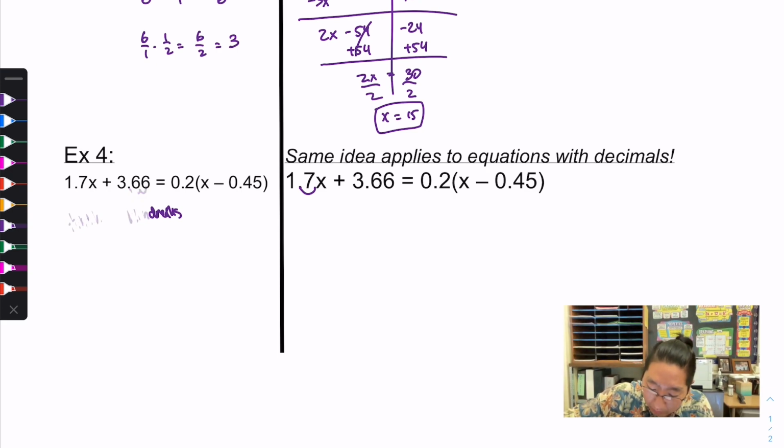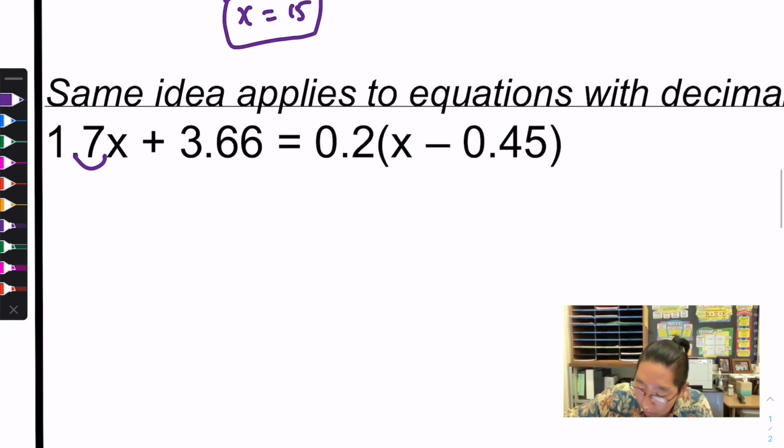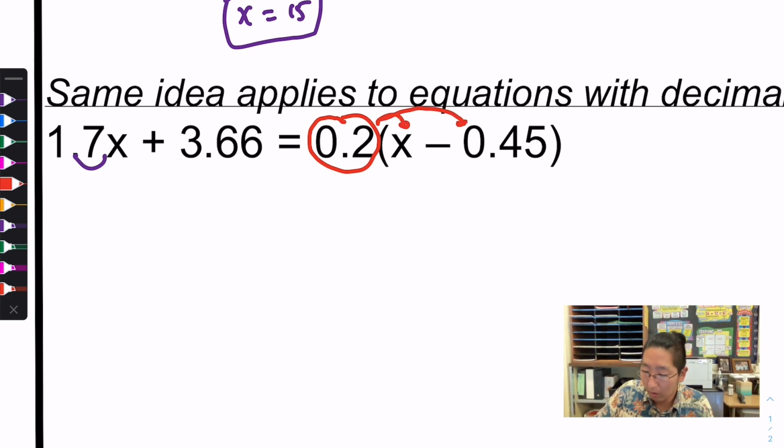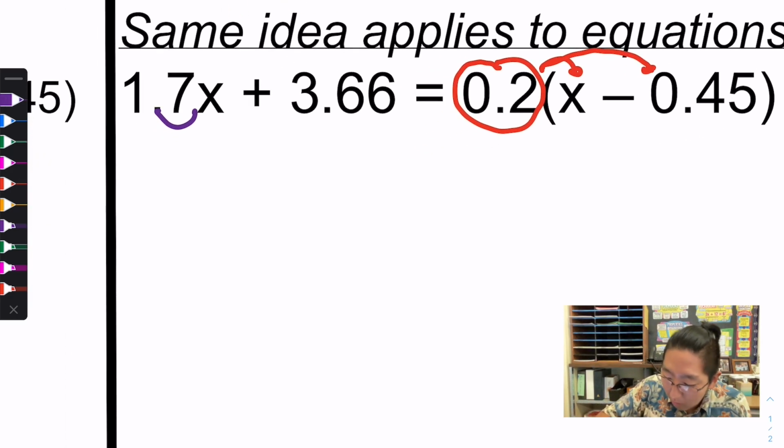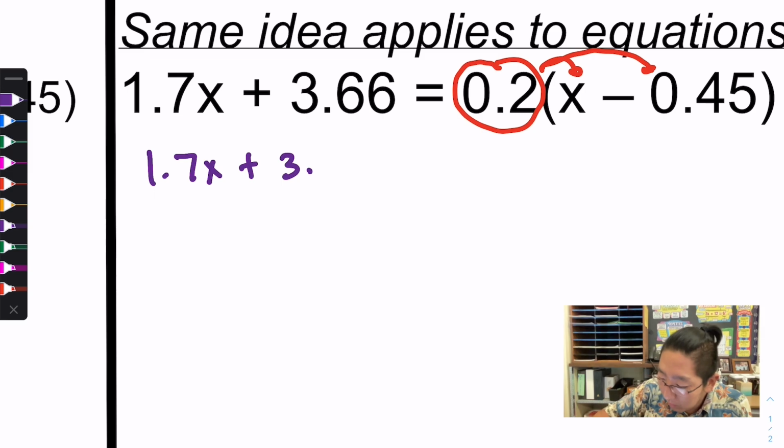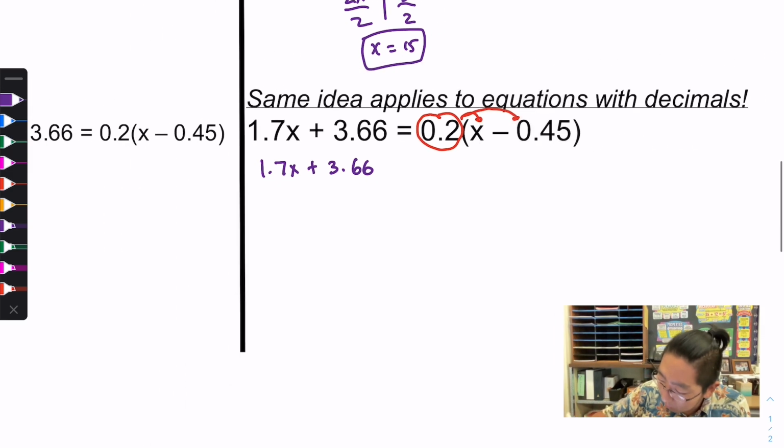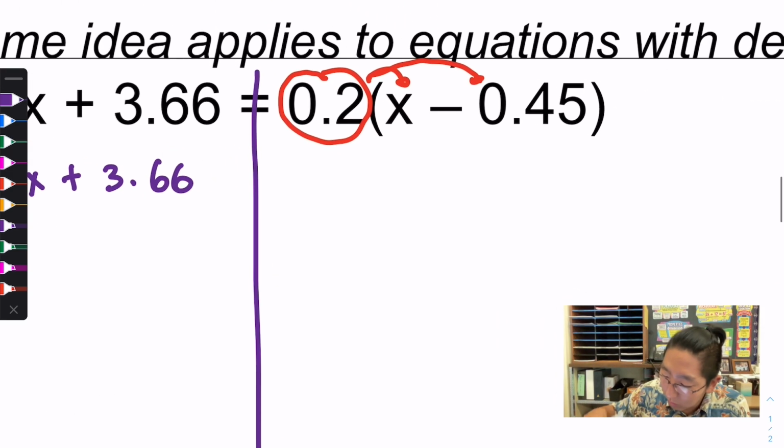So before we actually get into moving the decimal point over, though, we're going to go ahead and distribute this. Let's do red like we usually do. We're going to distribute this into the terms inside before I try to get rid of the decimals. So we'll copy the left side. 1.7x, and we'll get rid of that line. I don't know why it's there. Plus 3.66 equals,